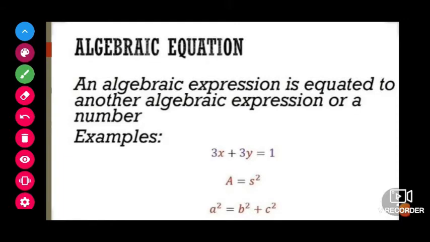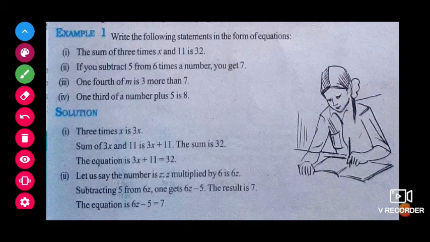Then we call it an equation. What is the difference between equation and expression? In the expression you cannot find the equal symbol, but in the equation you can find the equal symbol. So by using this equal symbol you can say this is an equation. Next one, children,